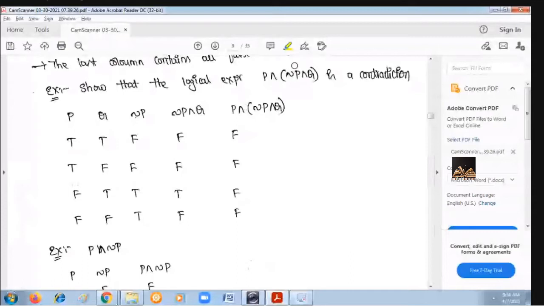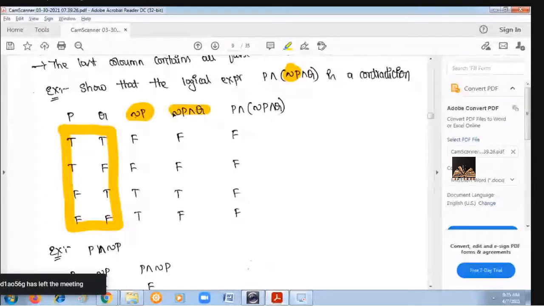Next, T becomes F, F becomes T. Next, negation P and Q. And means what? When both the values are true, then only it is true. So this and this, negation P and Q. So whenever both the values are true,